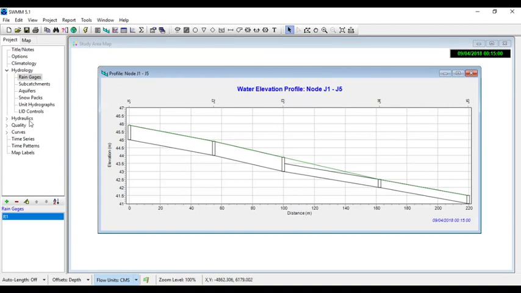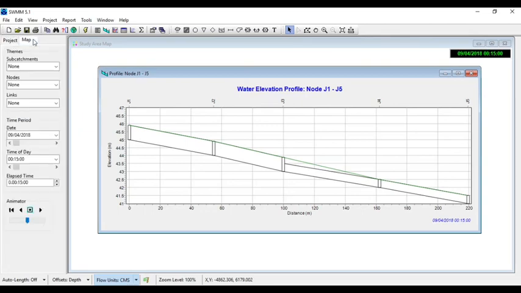So the profile node J1 to J5 window will appear. Then you can click map on the left window, then click play. The program starts the simulation to show you the depth of the drainage along the conduit between J1 and J5